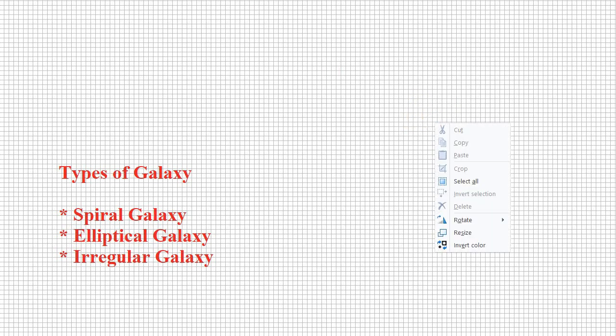A spiral galaxy appears like this. Suppose we have a black hole at the center, and the sphere and the spiral arms appear like this. These arms contain a number of stars. There are lots of stars. This arm contains a number of stars, and the total number of stars in a typical galaxy, as we have already discussed,